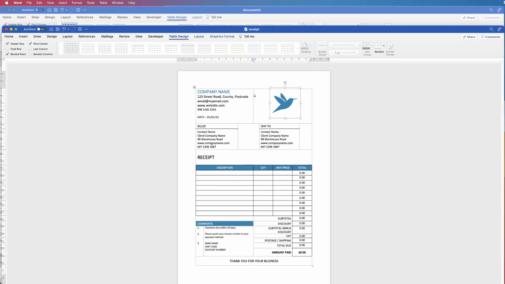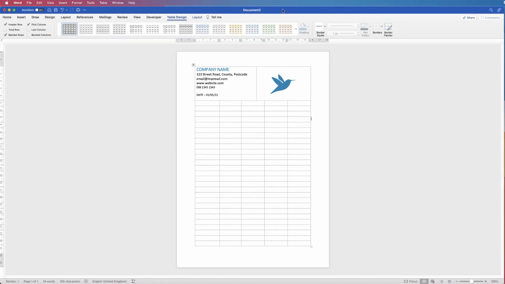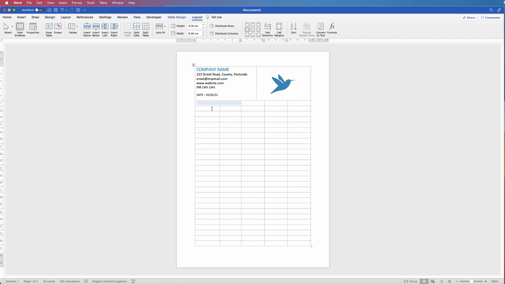Next thing to do is to just go to this Build section here. We've got 1, 2, 3, 4 columns, but we've also got 2 rows here. So we're going to do 4 by 2. So going back to my document. So we're going to merge these 2 cells here, Layout, Merge Cells, and then we're going to select 4 of these rows. Again, Layout, Merge Cells. This column here can be completely merged, Layout, Merge Cells, and then once again we'll merge these 4 cells here,